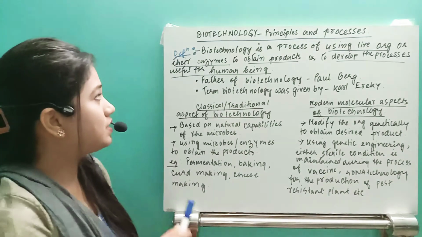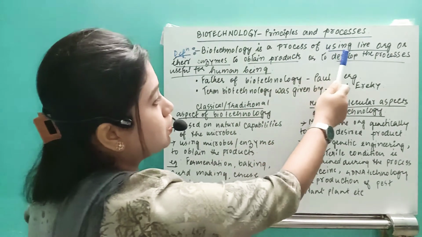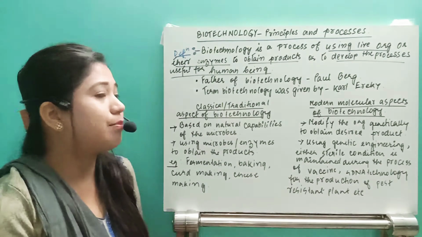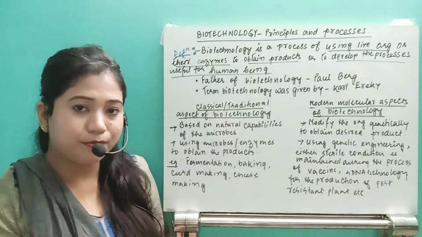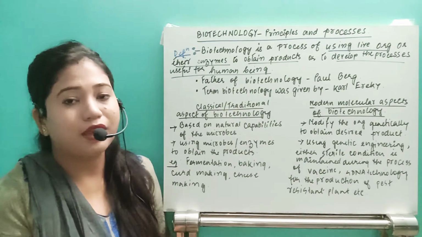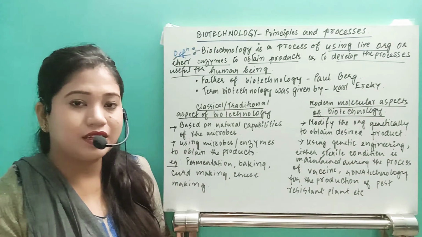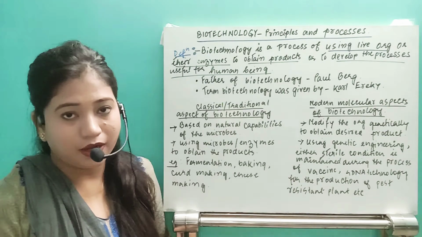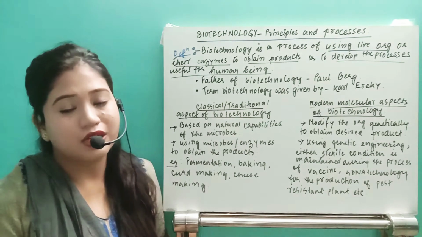So first of all, let's just see the definition. What is the definition? Biotechnology is a process of using the live organism or their enzymes to obtain the products. See, in this chapter, some terms, some things we have discussed already in the earlier chapter, that is microbes in human welfare. What is that? See, we already have studied that in the household or in the industries, we use the different microorganisms for our advancement, that means for our own utilization.